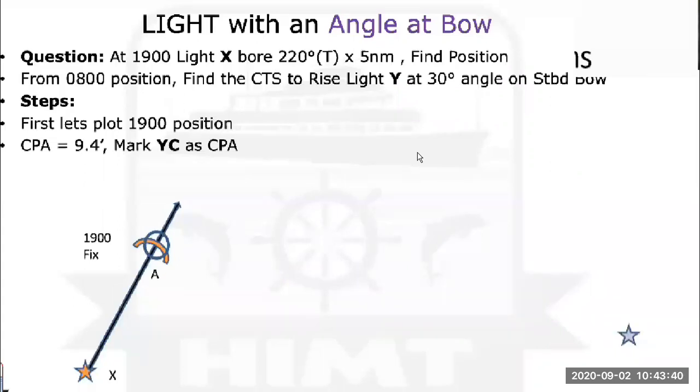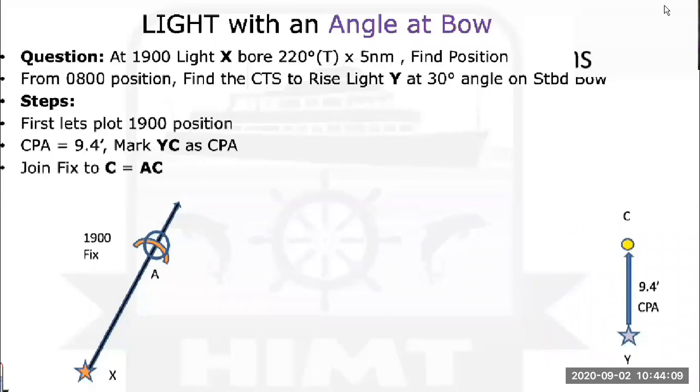I'll change the sequence. So what I will do is I'll come to the lighthouse Y. The first thing I'm going to draw is, this is what I'm going to do. But I will not draw it like this. I should have changed it a little bit. I should have put an arc of 9.4 nautical miles. That is what I should have done. Okay, I made a mistake. I'm going to correct it now.